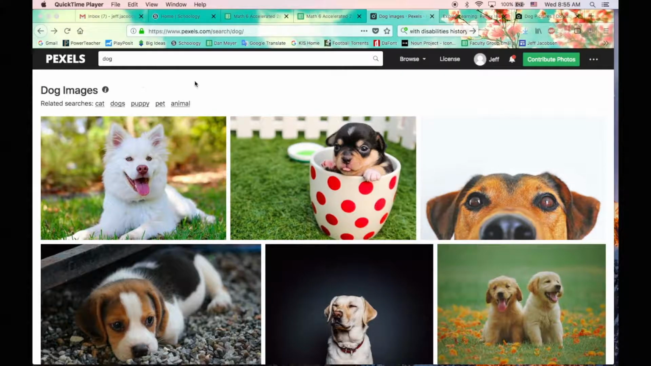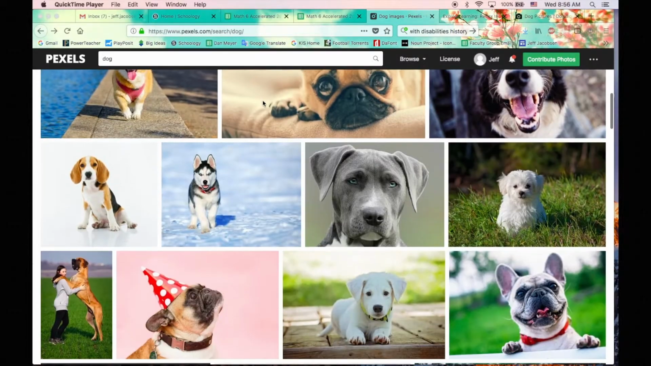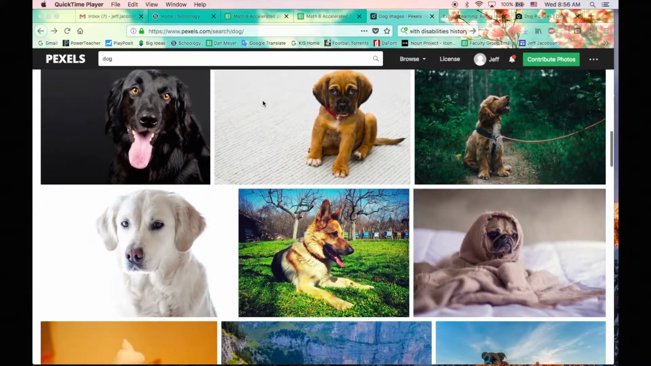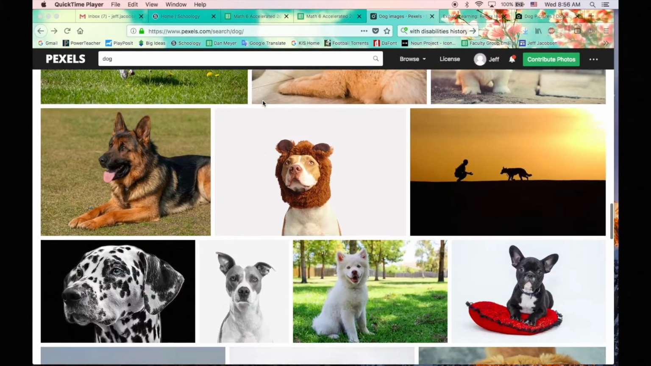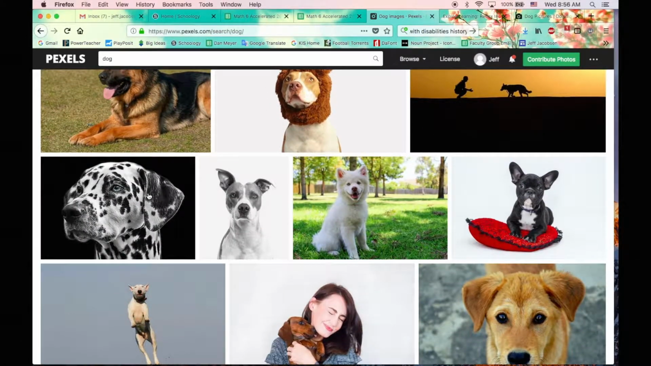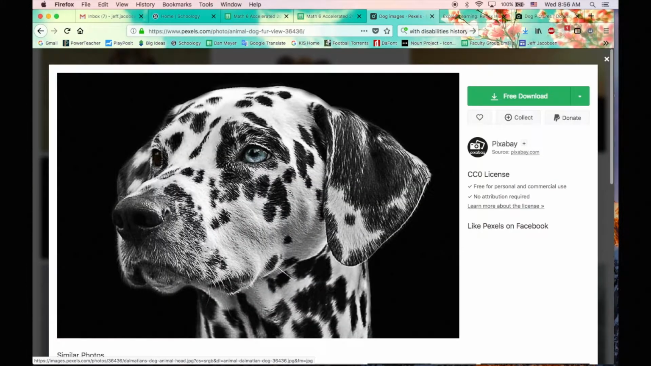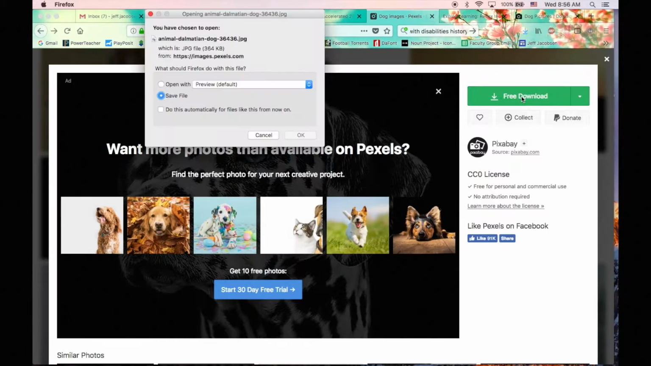I'm on pixels.com. I searched dog and found a lot of great photos, and there was one in particular that I liked. So right here, this Dalmatian, I really liked the photo, and I was thinking, well, what if these spots instead of black were a different color? That might look kind of cool or interesting. So I downloaded that,